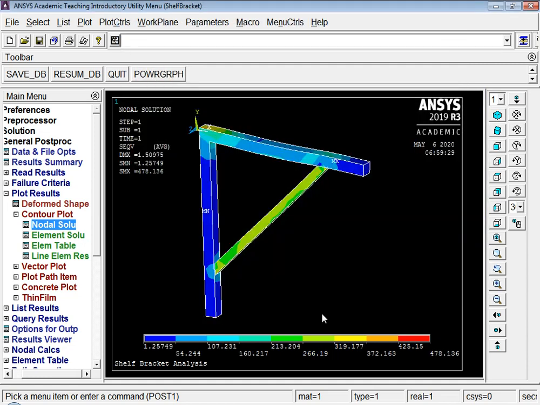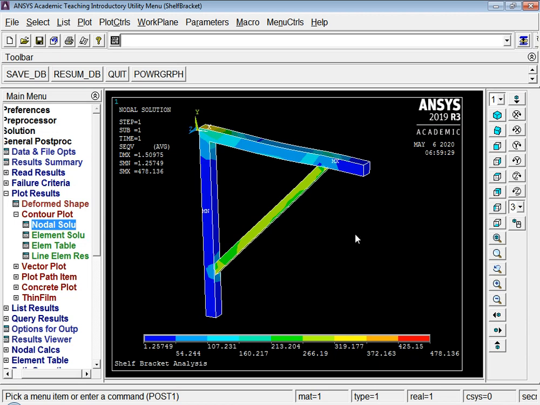As you can see, the one which is giving us the maximum deformation will be least stressed. And the one which is actually supporting the structure, the entire slanting member, is stressed because that is what is supporting the structure. So it's a good kind of analysis to have.